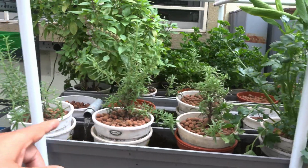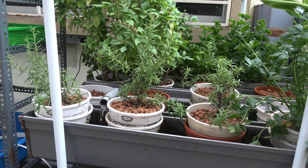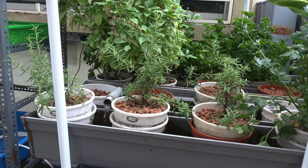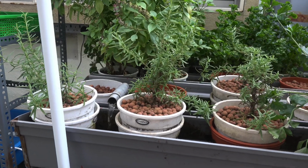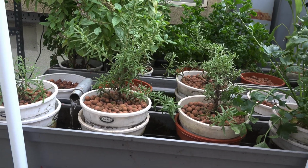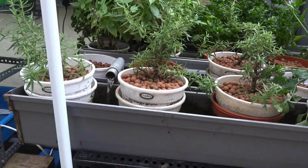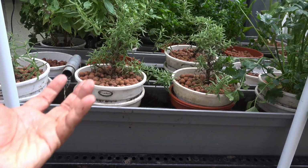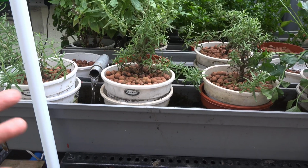Then in the foreground, you can see the rosemary plant. I love rosemary because when I do roast chicken, I love the smell of rosemary. So I plant rosemary, and probably in my last video I showed that I had harvested rosemary, and now I let them grow again. Rosemary is quite a slow growing, woody plant. Again, for rosemary, I would highly recommend double potting for aquaponics, or a very high pot, so that you have a high dry zone